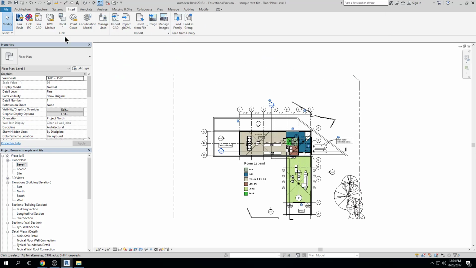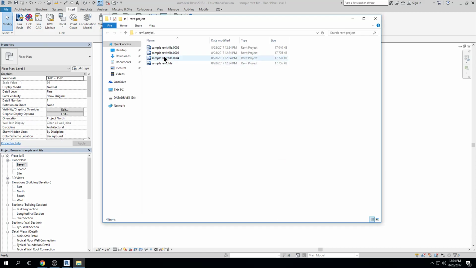And since I only established that I wanted 3 of them, Revit will stop with 3. So it'll go 1, 2, 3, and then it saves over the first one again. 4, 5, 6, 7, 8, 9, 10, 11, 12, right? So you'll get hundreds and hundreds of saves over the lifetime of a project, and it will just continue to save over them, okay? Now, you need to have these, but you have to be very careful with them, because